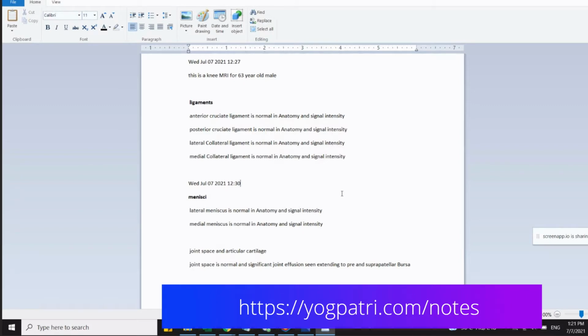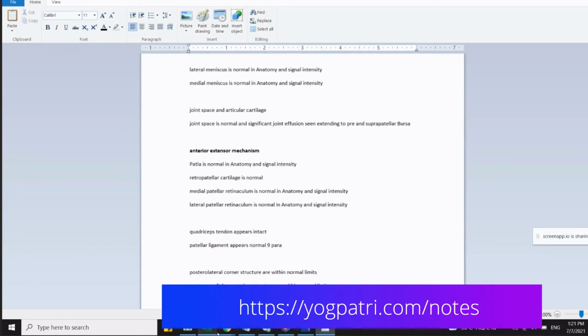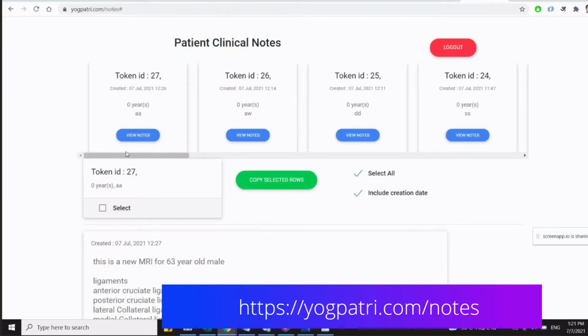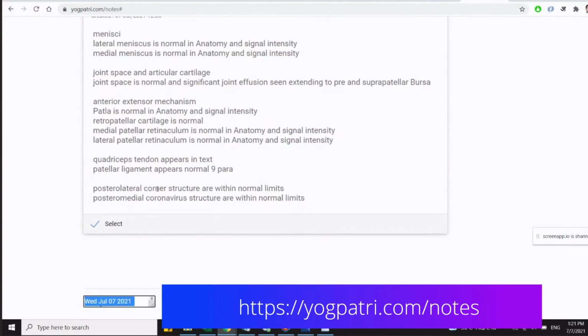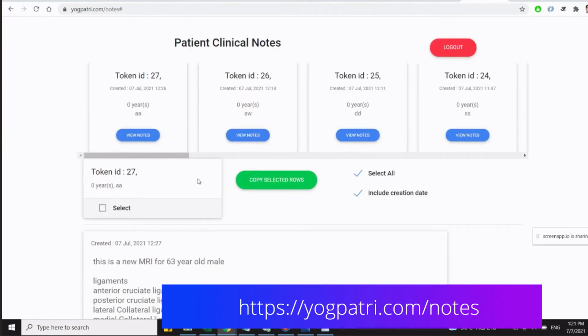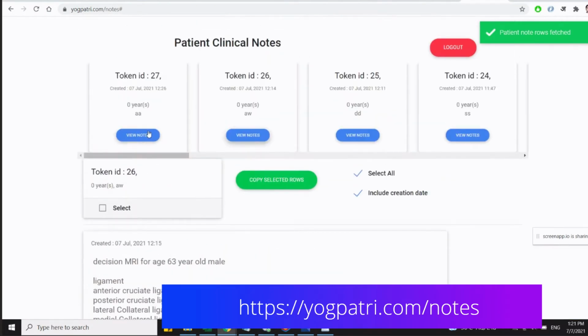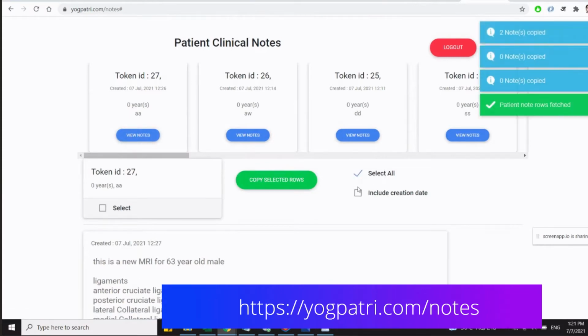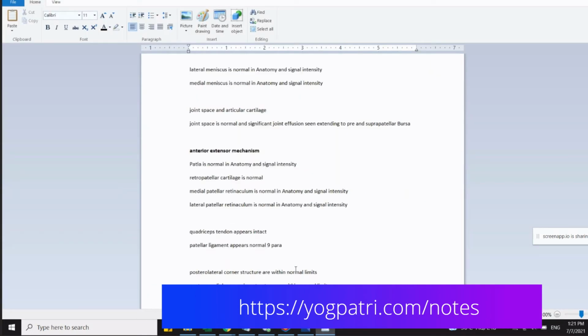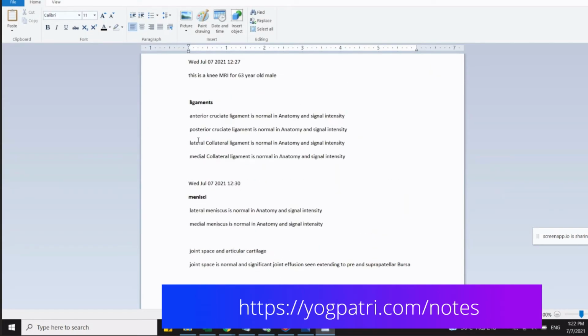So as you saw, how easy it is. You can just keep the tab open, and from here you can just copy whichever notes you created. Just by a button click, it will select everything, and then you can just paste it in the WordPad, do a basic editing, and you are good. Put it in your hospital EMR, print it, do whatever you want with it. It's fairly simple. It is way faster.